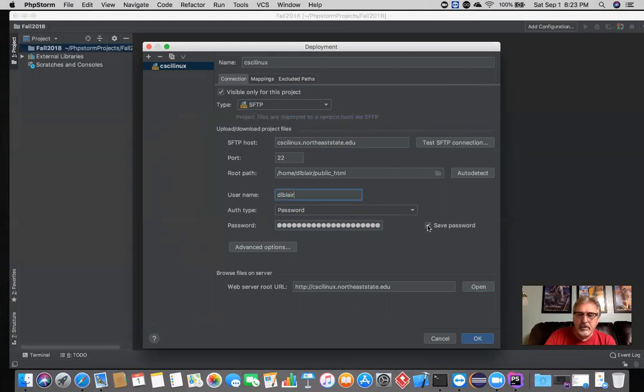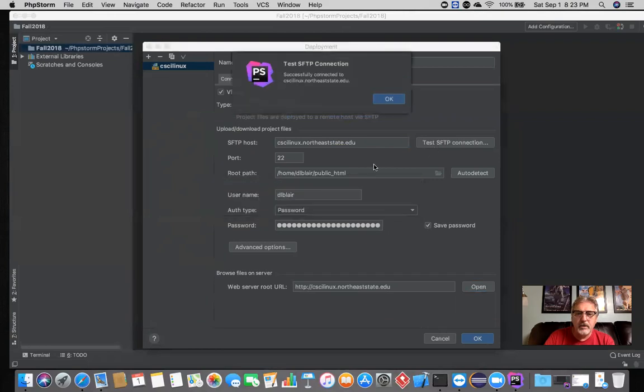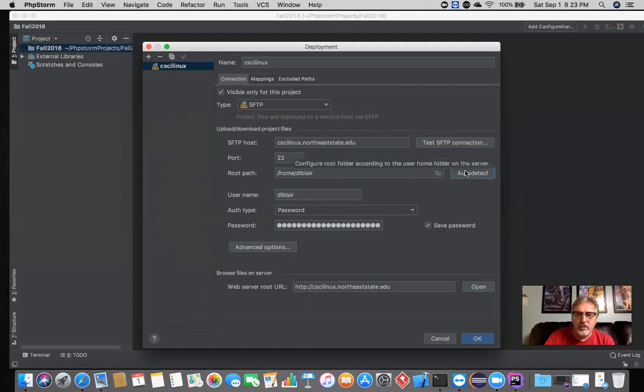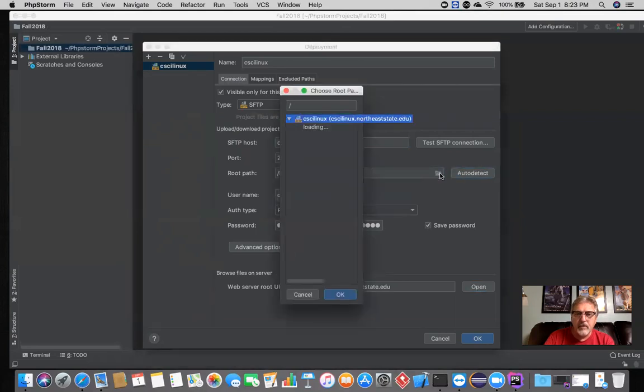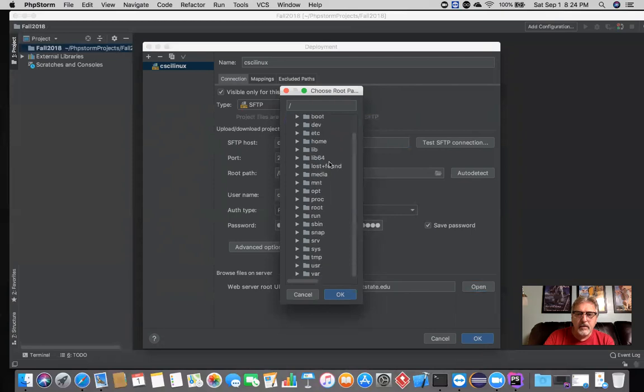And then if you're at home, you probably want to save that password. After you do that, test your connection. You should get a success message. Click OK, and then come down to auto detect. What that will do is show you your directory structure. If you click on the little folder there, then you can see here that it gives me,